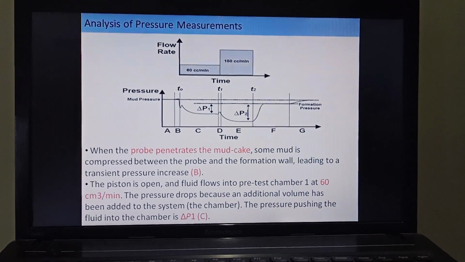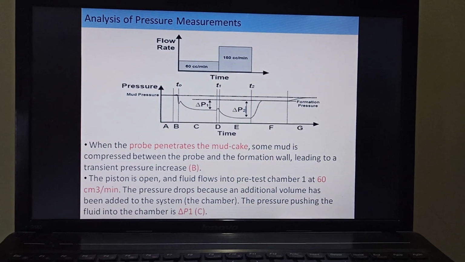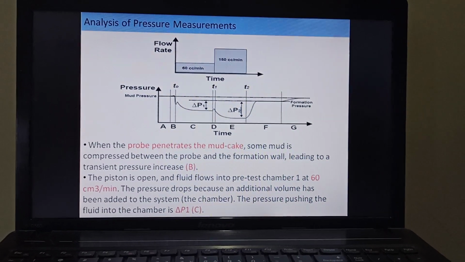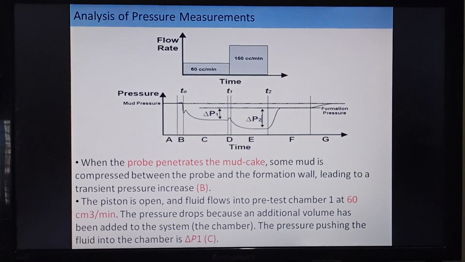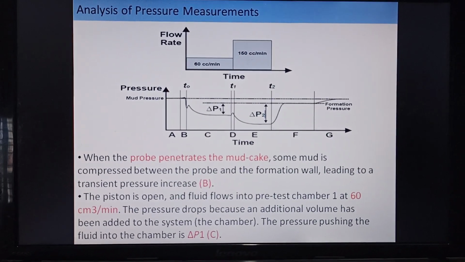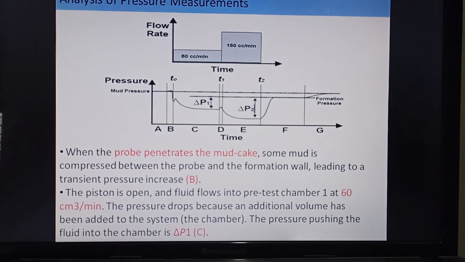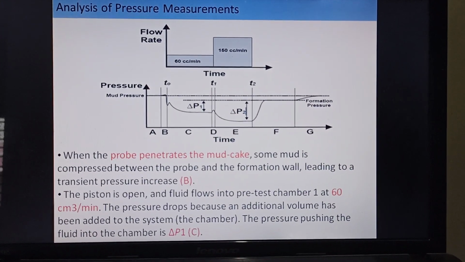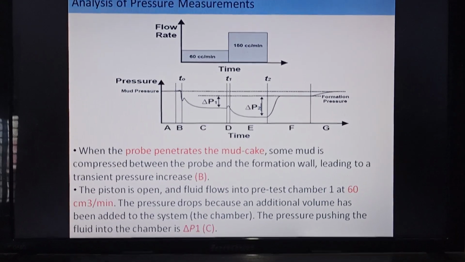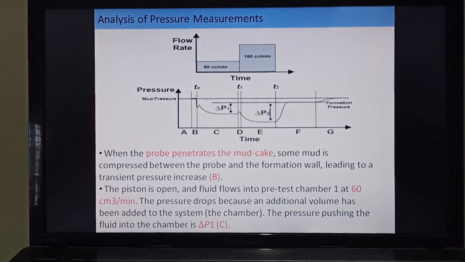Now coming to region B, when the probe penetrates the mud cake, some mud is compressed between the probe and the formation wall, which leads to a transient pressure increase, indicated by region B. As you can see in the figure, from A to B the pressure is slightly